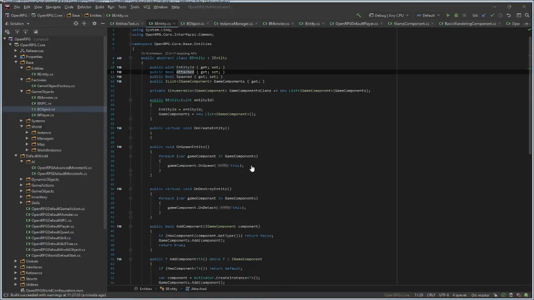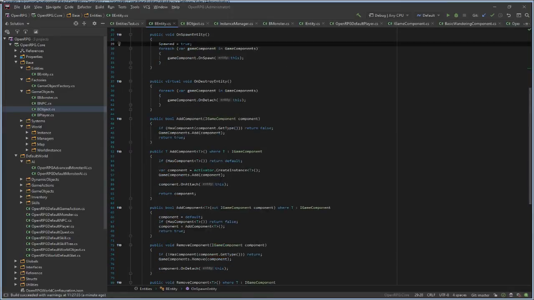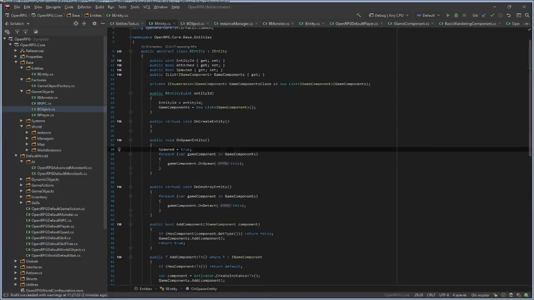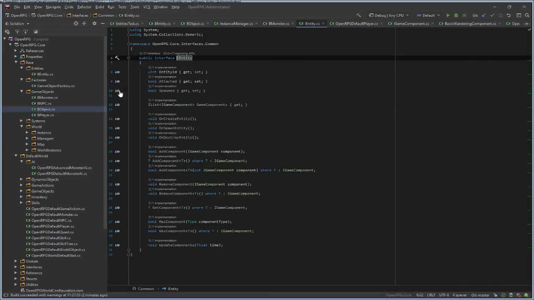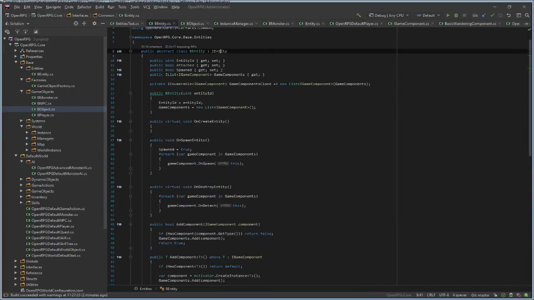Wait, this leaks client open. Okay. So when it's spawned, I'll just do this. Spawned equals true. And when it's attached, what is that doing here? Yes, spawned. Just spawned.